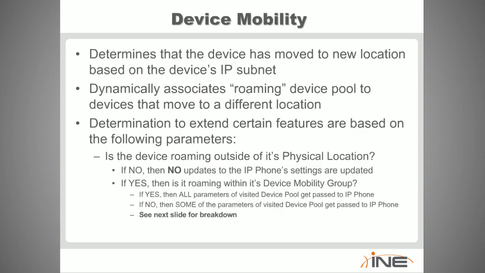It's not advised to set the default device mobility mode to on, because then every single time a phone boots up on the system, it has to go through checking subnets, and it basically adds load to the CPU of all processing engines. It's advised that you only turn it on for the phones that are going to be roaming. So this would most likely be your soft clients, your 7920 or 7921 phones, and any wireless phone, whether